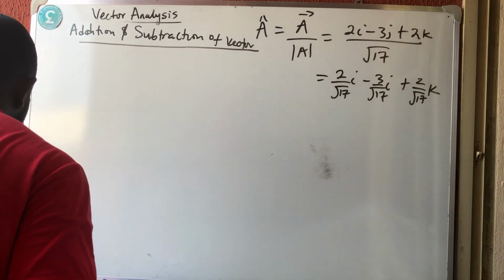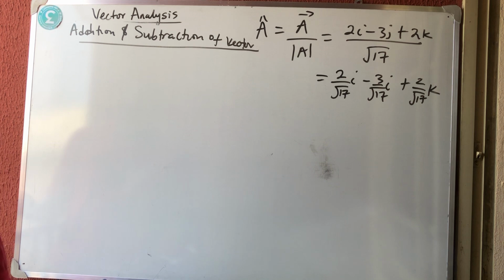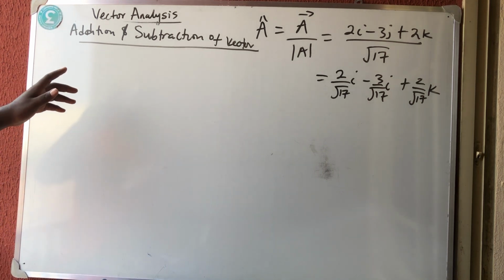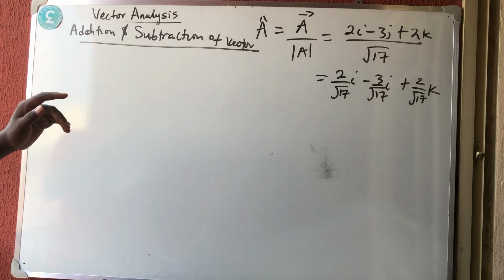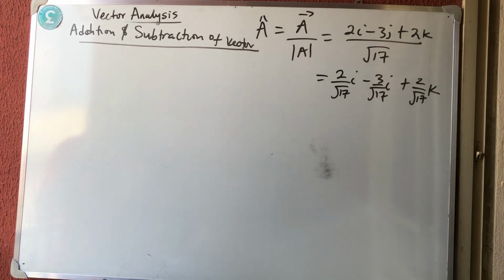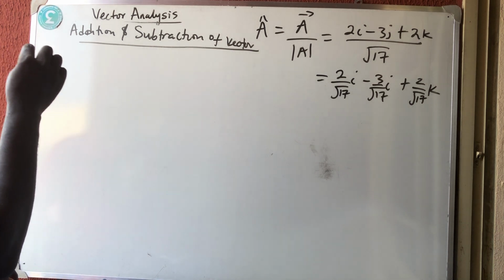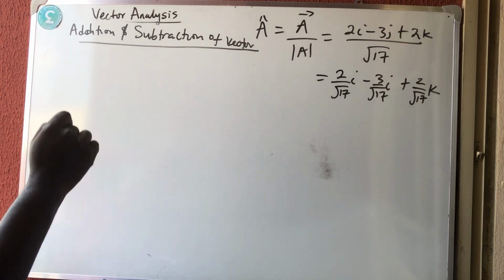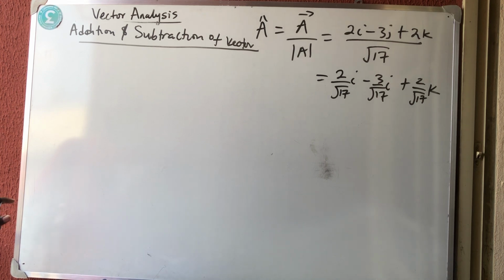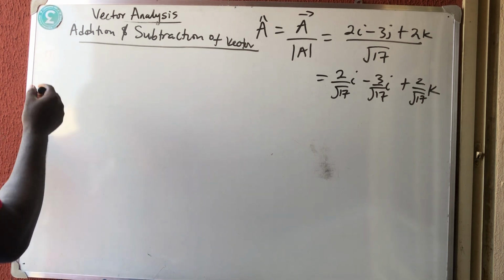Now, how do you add or subtract a vector? We add or subtract vectors according to their components. So x component adds to x component, y component adds to y component, and k component adds to k component. As simple as that. That is i to i, j to j, k to k. And what we are adding or subtracting is only their coefficients. Okay? So an example said if